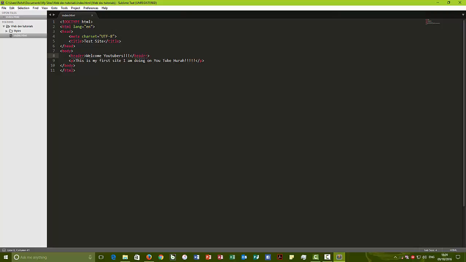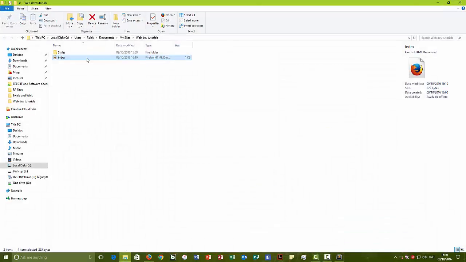Okay, I'll leave that open as well. Okay, now as you can see that the header tag is not really doing much to the page. It's just like a P tag, you might be thinking, but in some ways not, because it's a header. But if you want it to look more like a title, just change it to H1, and